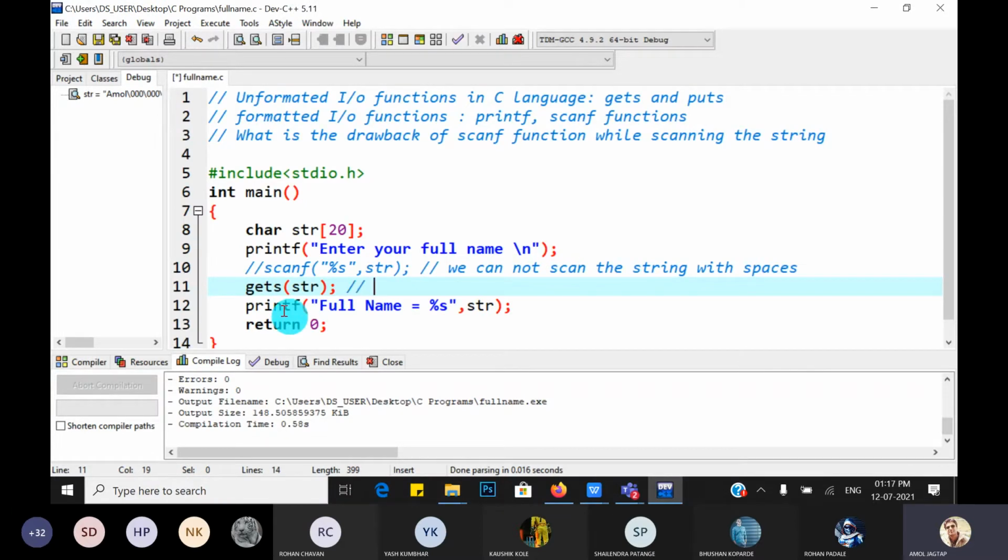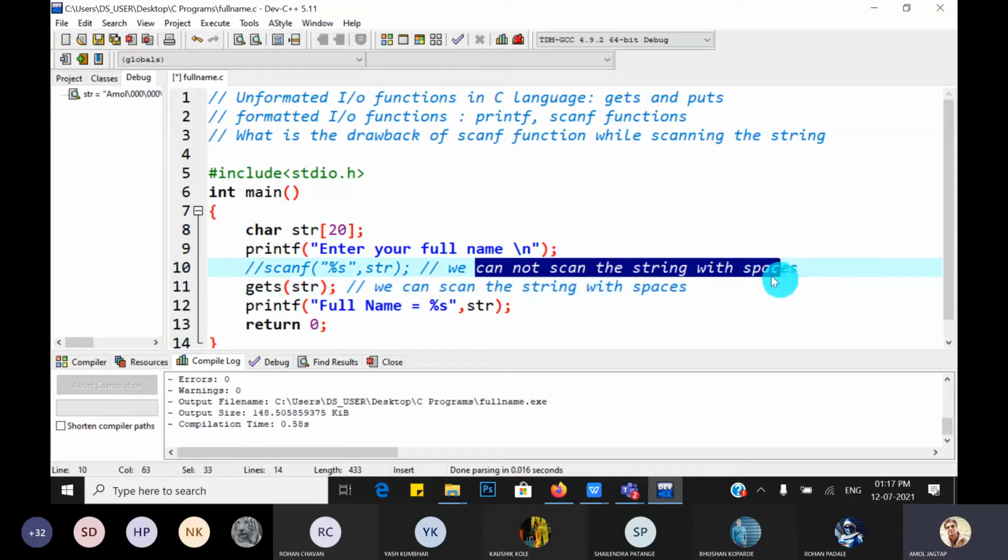So using the gets function, we can scan the string with spaces. But we cannot scan the string with spaces using the scanf function.